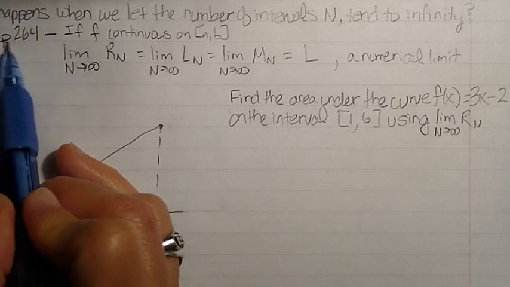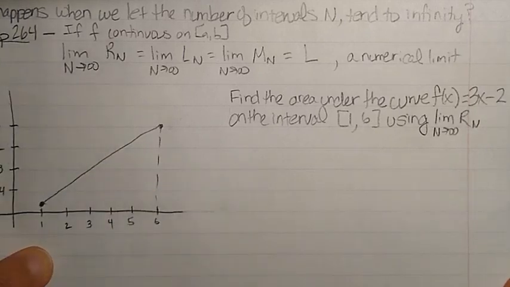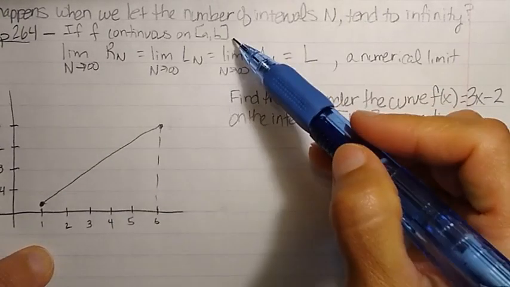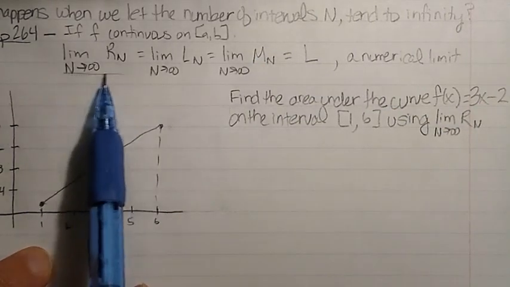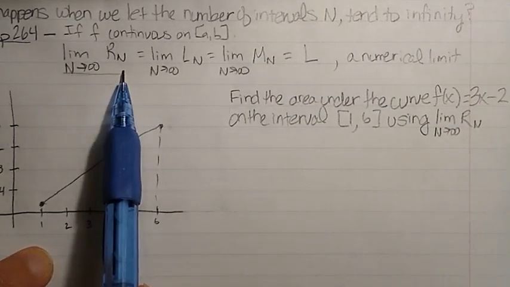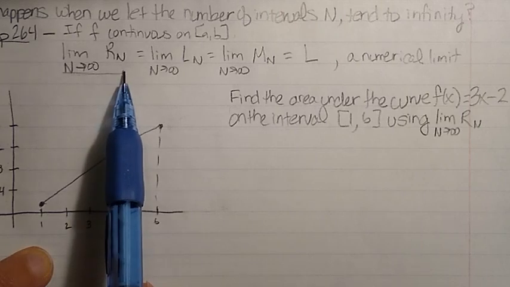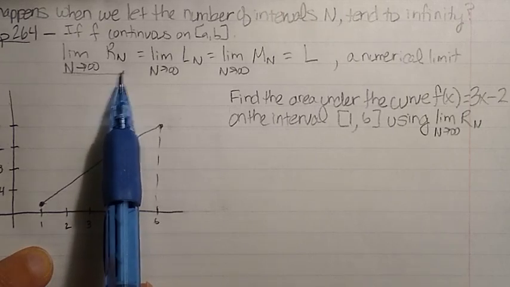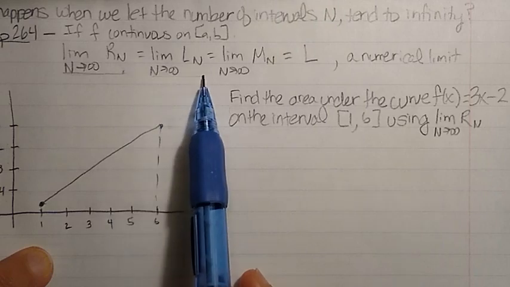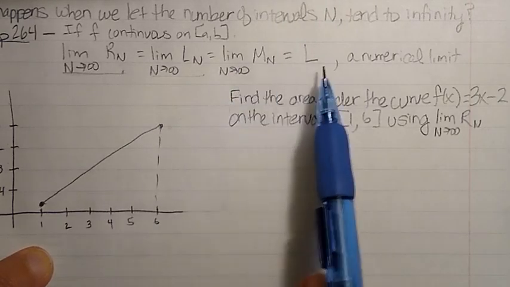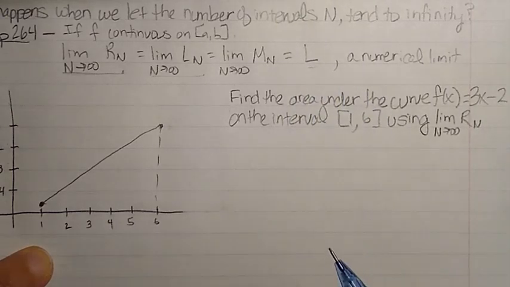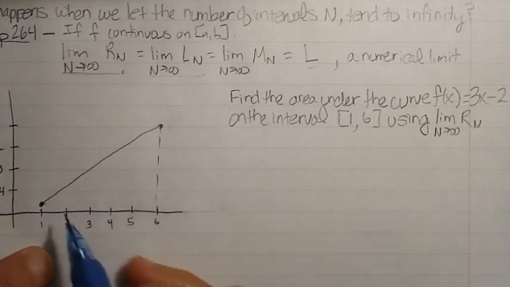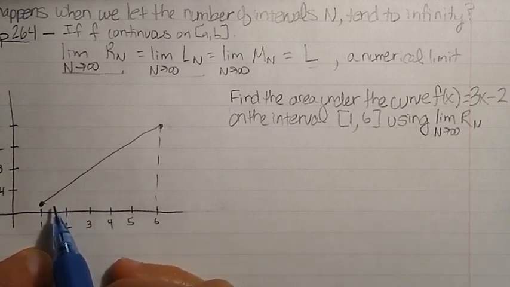In fact, I'm going to reference Theorem 1 on page 264, that states that if f is a continuous function on an interval from a to b, the limit as n tends to infinity of the Riemann sum using right-hand endpoints, or the limit as n tends to infinity of the Riemann sum using left-hand endpoints, or using midpoints, reaches a numerical limit. And so that's what we're going to do, is we're going to find what we're going to ultimately call the